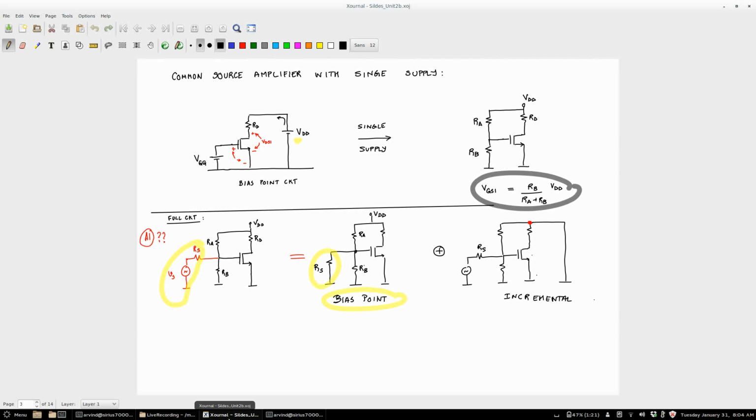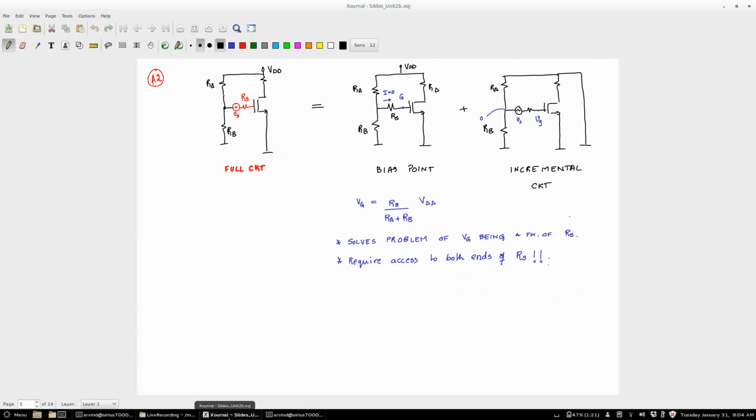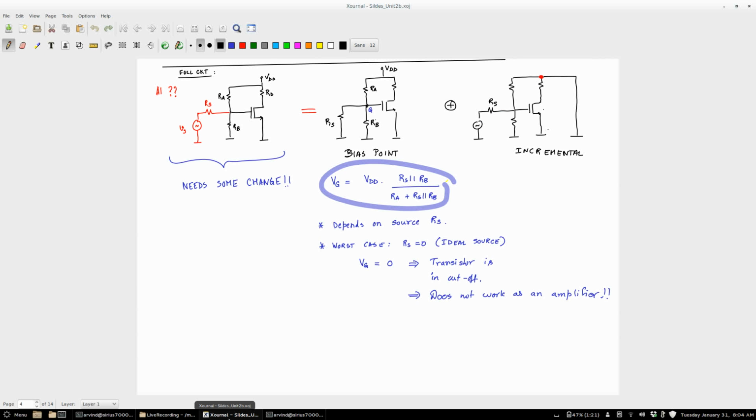However, in this voltage divider configuration, what we found was that if you were to connect a source which has some resistance Rs, then that Rs actually appears across Rb in the bias circuit. And so depending on the value of Rs, this transistor can be biased at different points. And if you took an ideal situation where Rs was 0, then this transistor actually is dead, right, because your